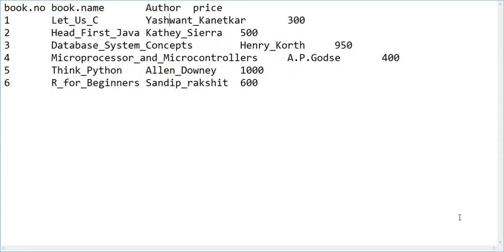So here to concatenate these words I have used underscore symbol. You can use dot operator also to concatenate the words, and if you don't concatenate the values of these book name or the different words of this author, then all these words are treated as different, separate columns after importing this text file into the R data frame.